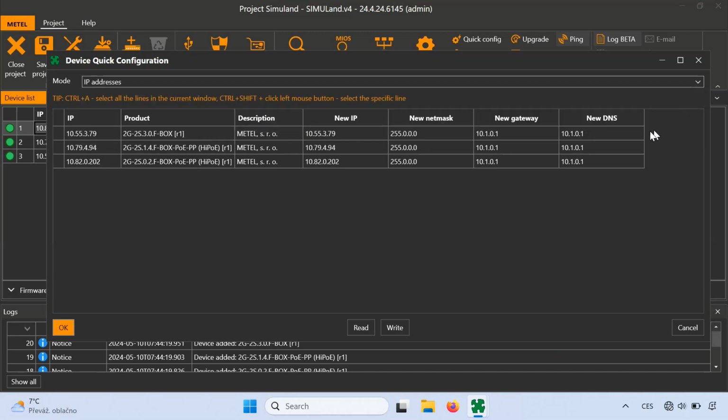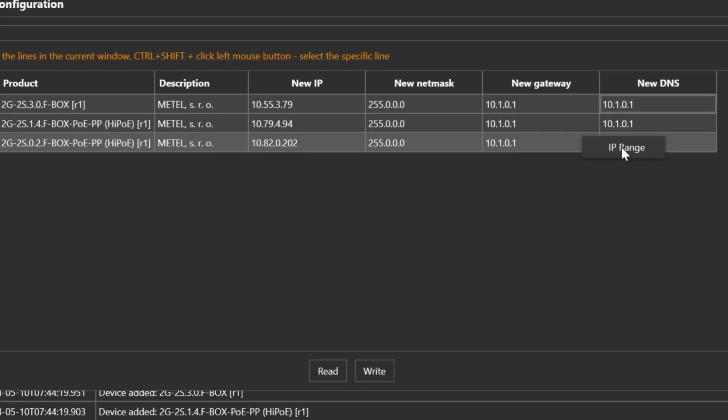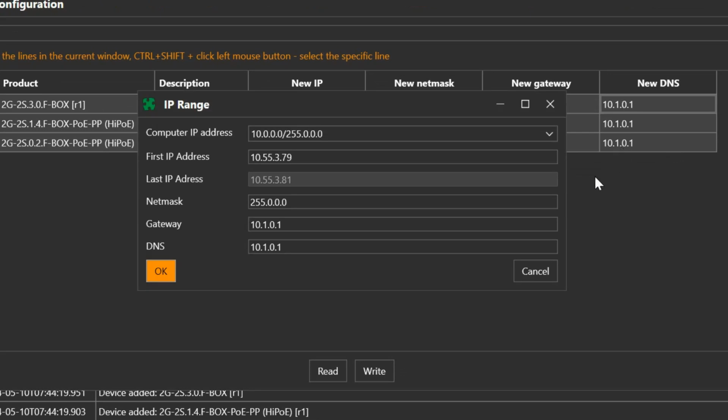You'll globally configure only devices that are selected. By right-clicking on any of the devices, you enter the IP range configuration window. In the opened window are IP addresses with displayed ranges used by your network card. These are only informative for clarification. Putting a new address into the first IP address text box sets up the initial address from which addresses for further devices